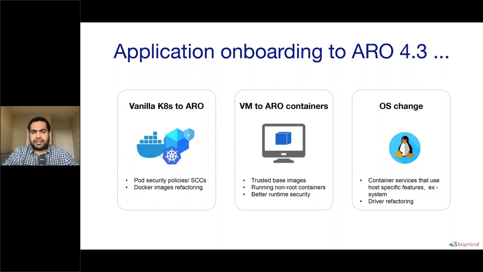Maybe in another phase, you are on a VM and then you want to move to ARO. You are looking at a very basic phase where you want to see, how do I start with the image build process? What are the trusted sources for my images, right? How do I make sure these applications are running as non-root containers? For all these, there is a recommended way from Red Hat and from Microsoft as to what base images to choose. How do you ensure that when there is a base image update, your application image also gets updated, which is a big deal in most enterprises,